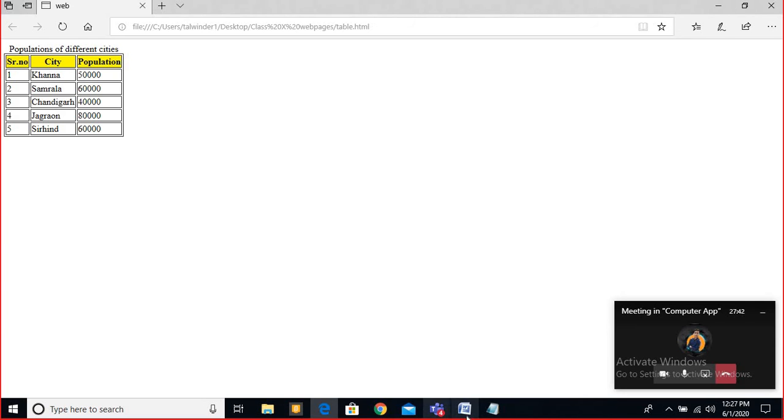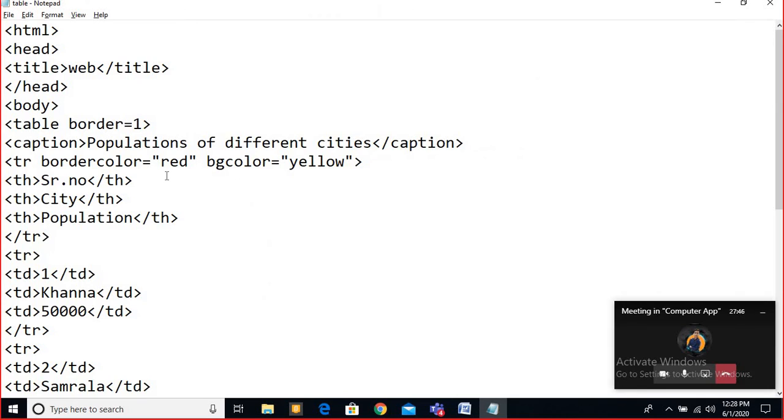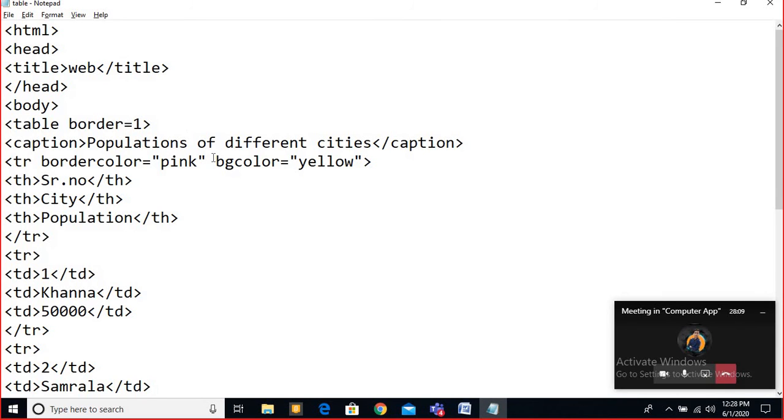Wait, let me check. Maybe it's mixed up. Border color. Let me change this one, say pink, so that it gives you clarity. It is not taking the border color on this one. That means border color here will not affect.